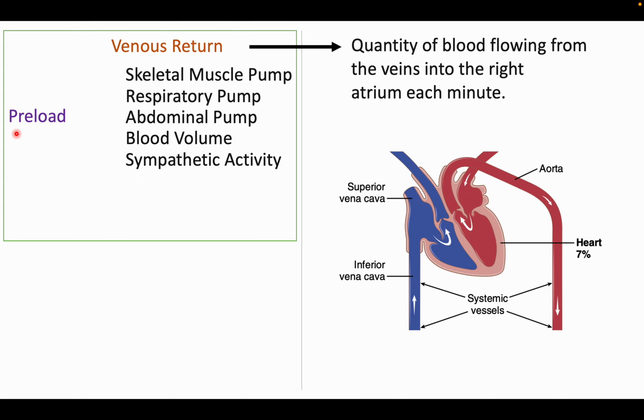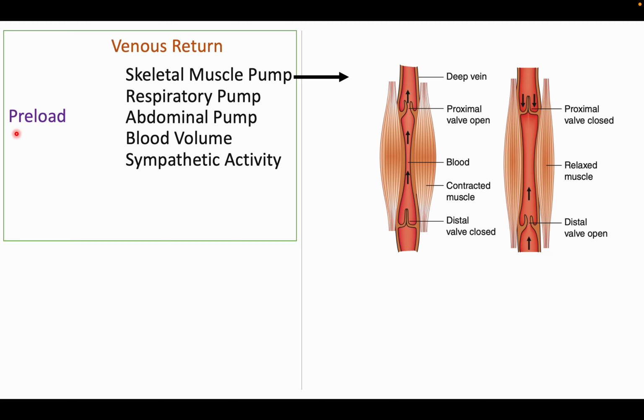So, starting with the skeletal muscle pump, in this image, you can see that there are muscles, and in between the muscles there are veins. So normally in our calf muscles or even thighs, these veins are there in between the muscles. These two images, the first image is the contracted stage and the other image is the relaxed stage. So here in the first image you can see that the blood vessels are there in between the muscles,